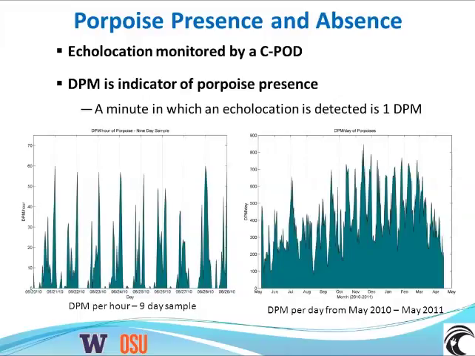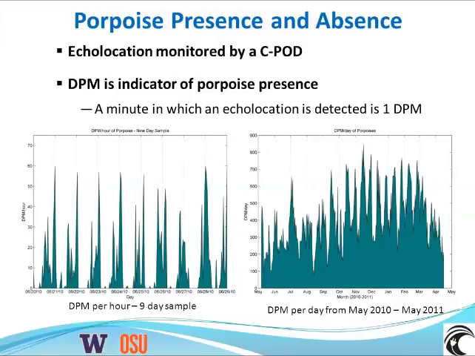In this case, we've been monitoring presence and absence solely using Chelonia CPods. These are a passive acoustic device that detects echolocation activity and then classifies it post-detection by the specific type of marine mammal that generated the signal. So obviously, we can't use this to get at absolute levels of abundance or really overall activity that doesn't necessarily involve echolocation, but it's certainly a good indicator of the degree of presence and absence.